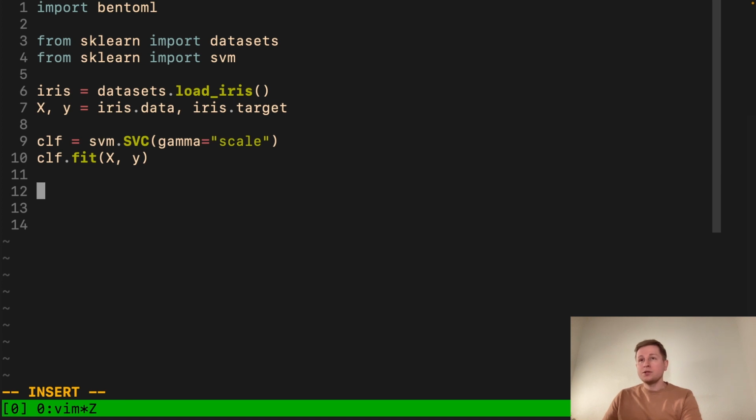And what we can do is to just pickle dump it on the disk. That's what you would usually do. But now we can just assume that the model is in memory, and we can directly use a helper function from Bento to save it into a BentoML model. So save model,